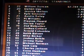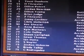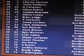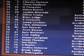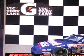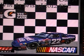And then comes Dylan Poteet, 21st. Jordan Newman was 22nd, so Jordan Newman was the last car to finish. And then comes this long list of retirees from 23rd to 38th, so 16 cars out of the race, all because of crashes. I tell you what, like I said before, they ought to build a wrestling ring for Bristol, the way things were today. But this man, William Duncan, he's pulled it off today at Bristol, Tennessee, as he wins the